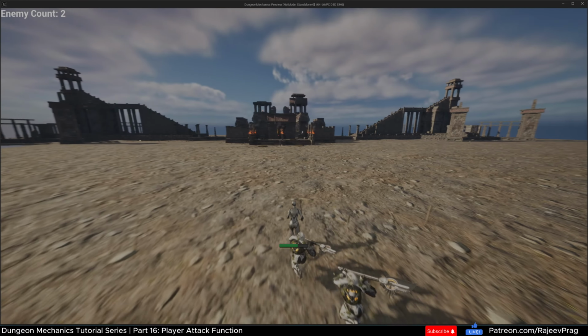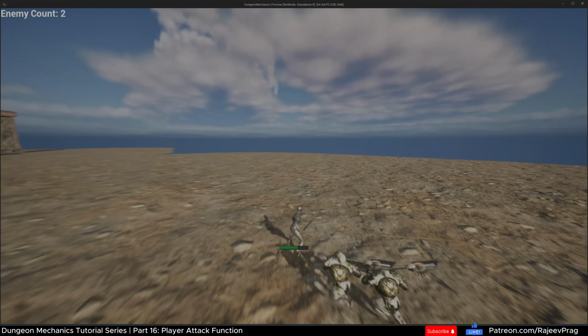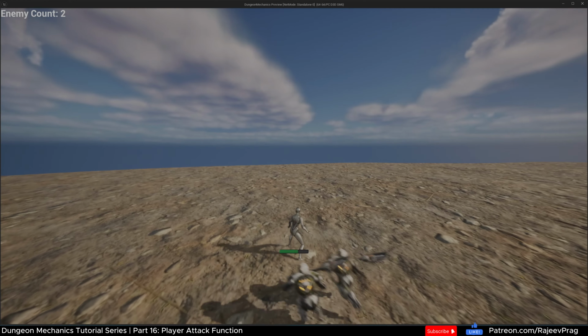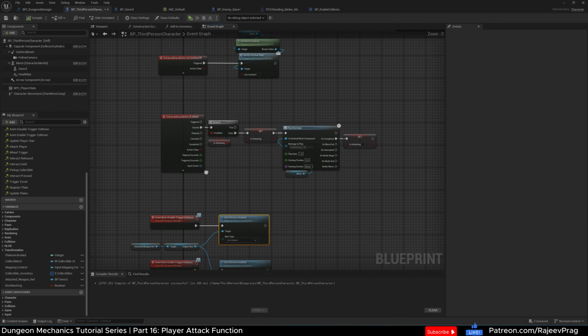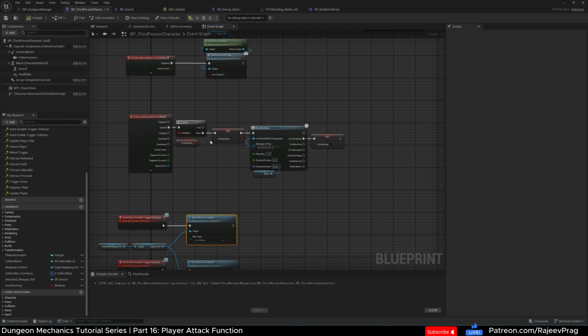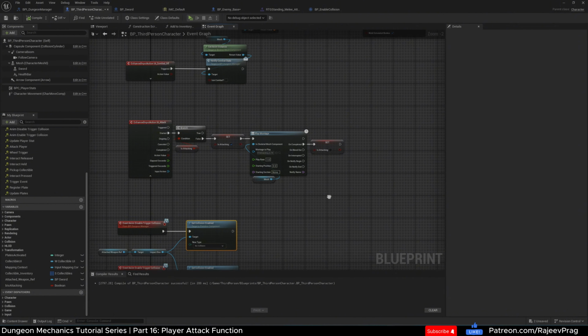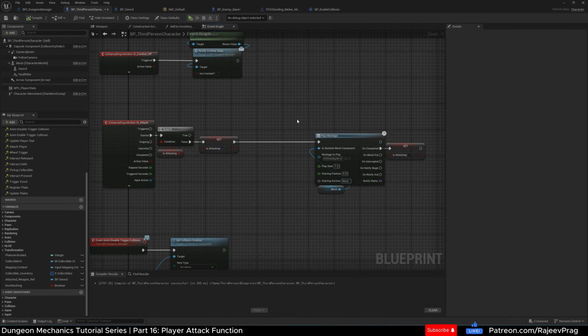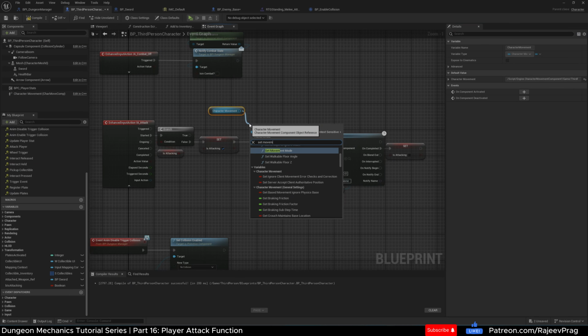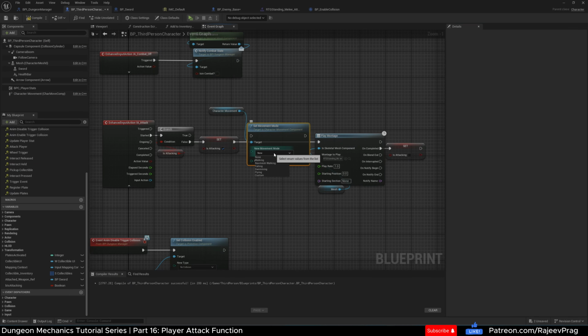One thing I noticed is that if I were to swing right now, the player does this weird sliding. So what we're going to do is, when the player presses the attack button, we're going to disable the player's movement, so the player gets stuck on the ground, and then we're going to re-enable it when the animation is completed. So where we have montage play after our attack, we're going to move this out a little bit, drag our character movement, and then say set movement mode. There's a whole bunch of different options here. We're just going to set it to none